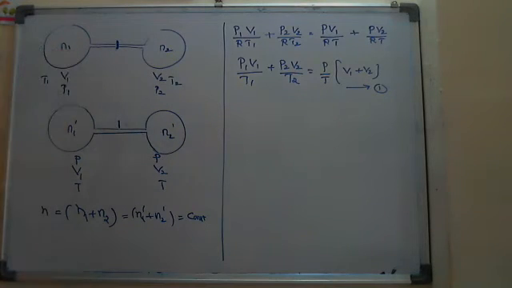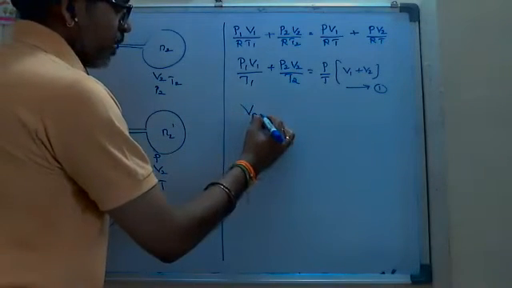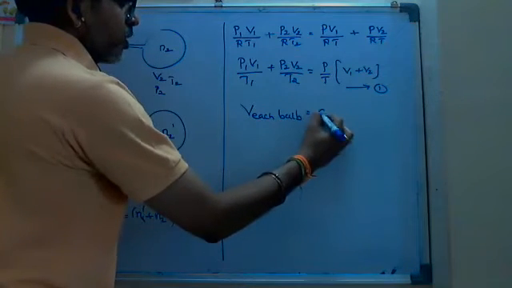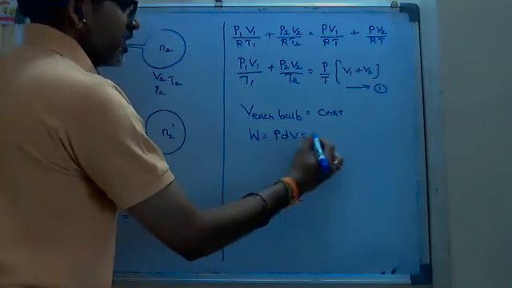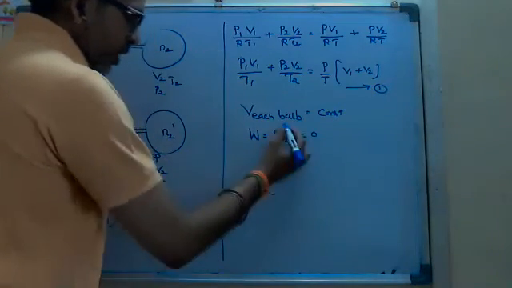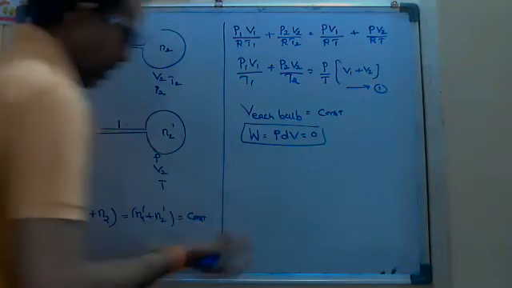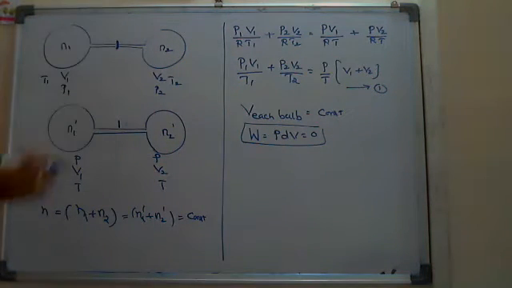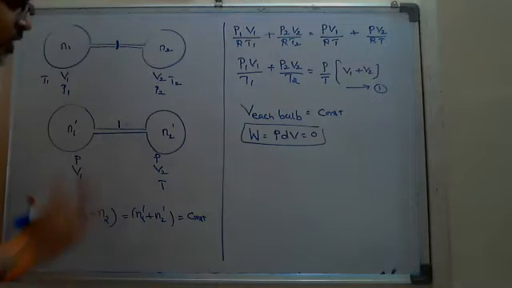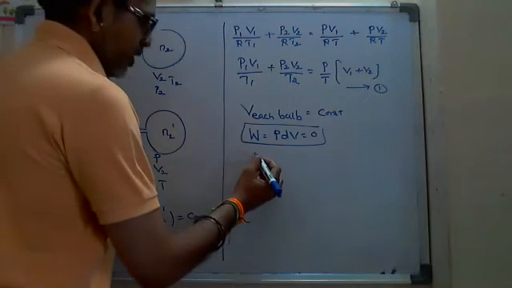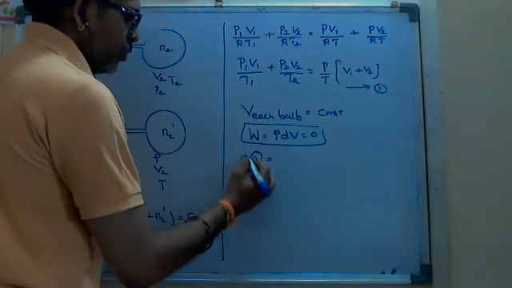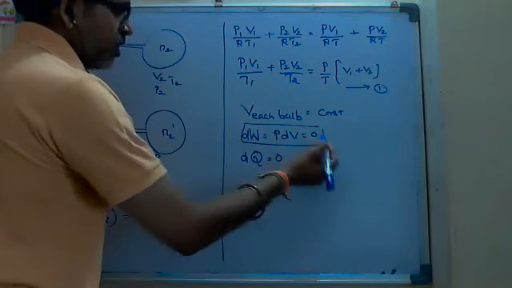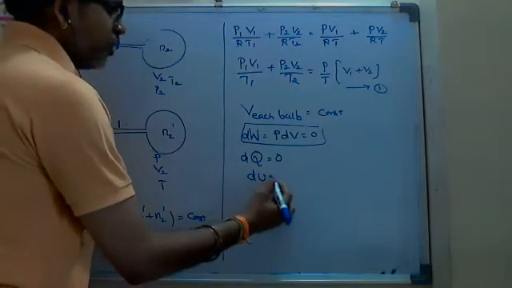So volume remains the same means, coming to your thermodynamics concept, if the volume of each bulb remains constant, then the work done, which is PdV, is equal to 0. Work done 0, first thing. And number 2, I am just opening the valve and I am not supplying any amount of heat from outside. That means dQ is equal to 0 and dW is also equal to 0, so that dU is equal to 0.